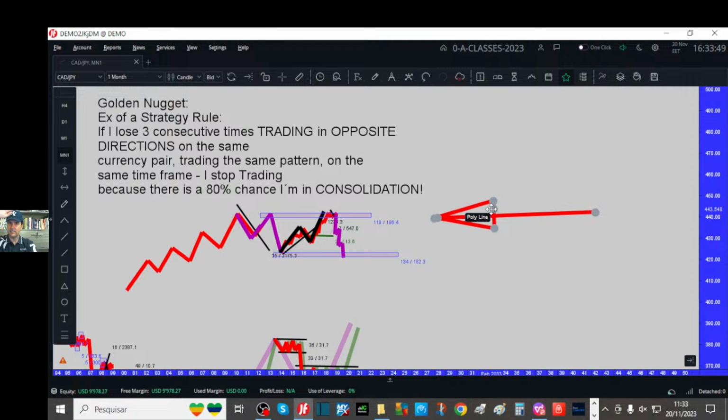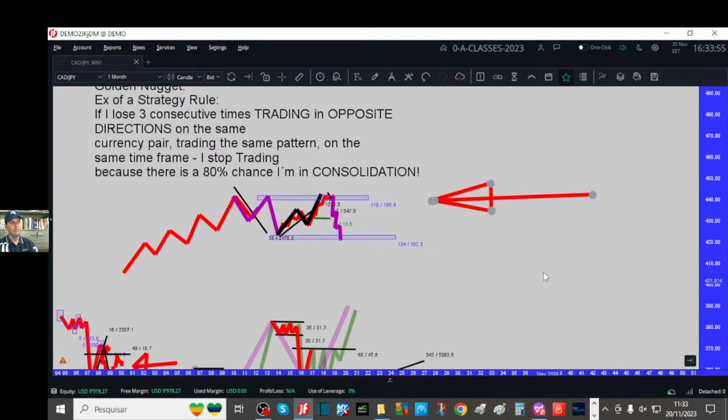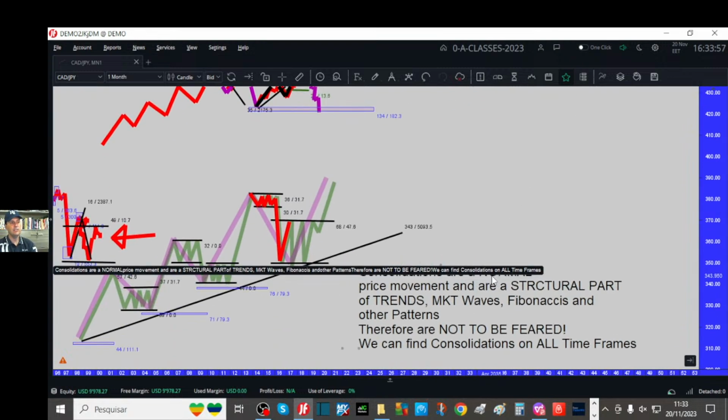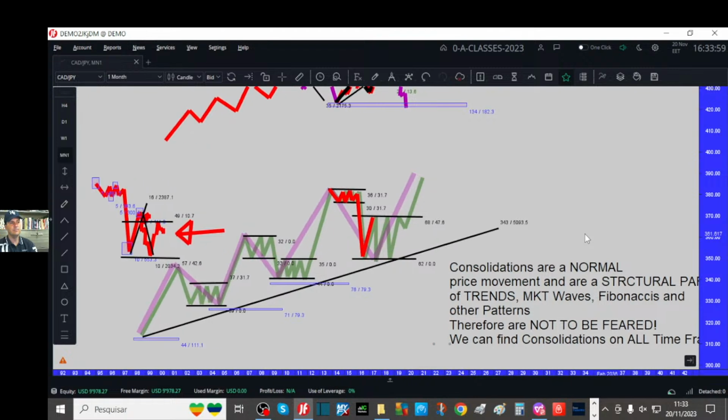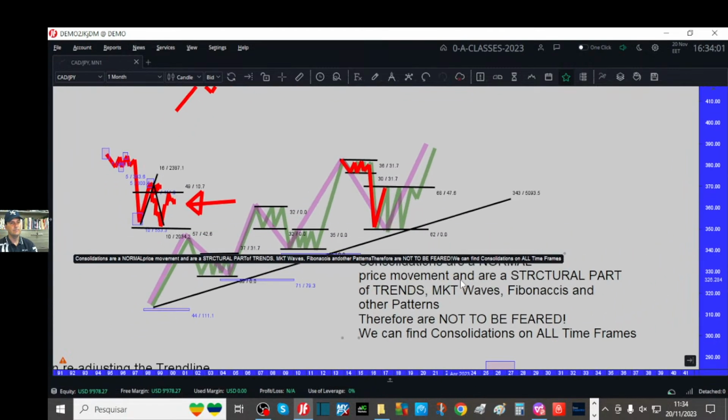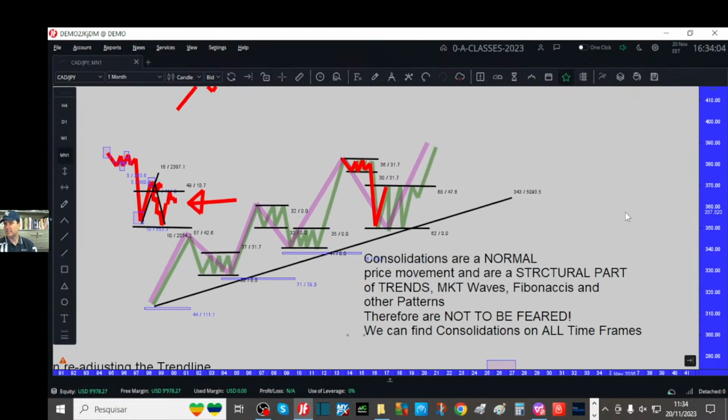I mean, again, does this make sense? Not do you agree with me, does this make sense? Because consolidation is going to come. I believe there is a statistic out there. I never checked if it's true or not, but the statistic says that the market consolidates 80% of the time. I'm not sure if this is true, but anyway,